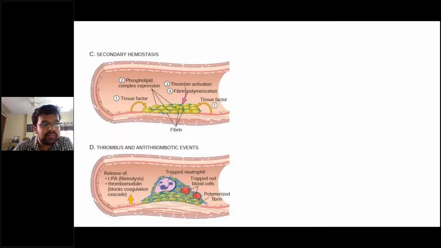So in secondary hemostasis, there is release of tissue factor. There is a coagulation cascade, the intrinsic and extrinsic pathway, the whole coagulation cascade that goes on here. The thrombin gets activated. It breaks down the soluble fibrinogen to insoluble fibrin. The fibrin gets polymerized, and therefore the fibrin plug is formed. Now this fibrin plug also further activates the platelets, and with the platelet plug and the fibrin, we have a much stronger secondary hemostatic plug which is formed.